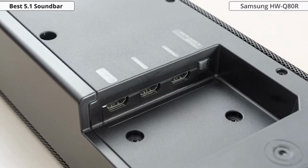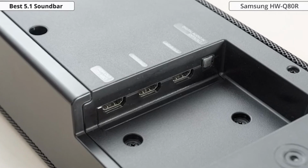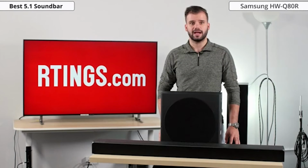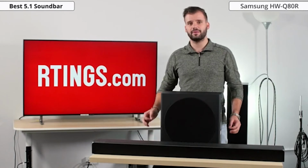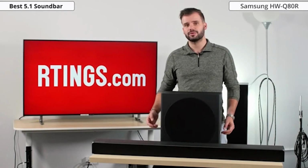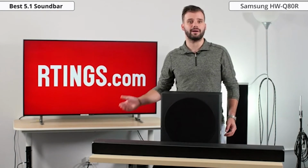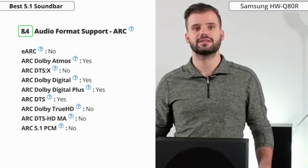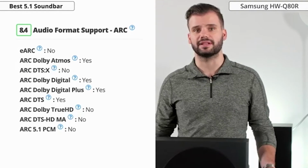The bar has 2 HDMI in ports and can pass through all the highest quality common audio formats such as Atmos and DTS:X. At the time of this video, Samsung has not released the update to enable eARC, which should be able to pass over lossless audio back to the soundbar from your TV. If your TV doesn't have eARC, you can still get lossy Atmos from sources like Netflix that pass the signal